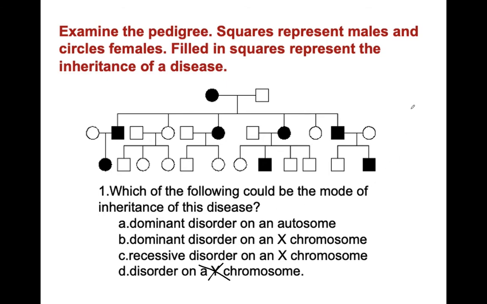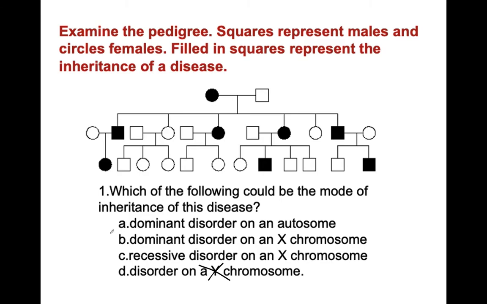Does that mean that recessive is ruled out? No, it means you did not find evidence to say whether or not the inheritance is by a recessive disorder. So we have to choose another, go to the next hint. And then we said